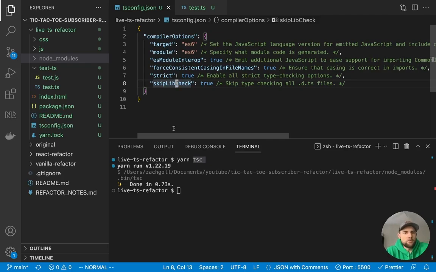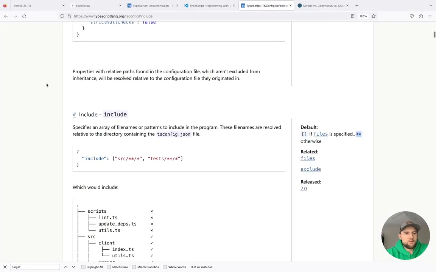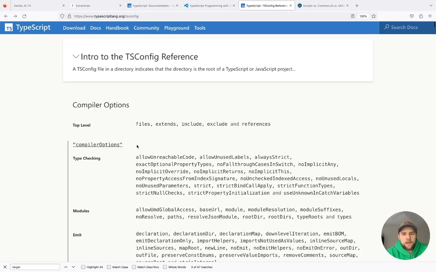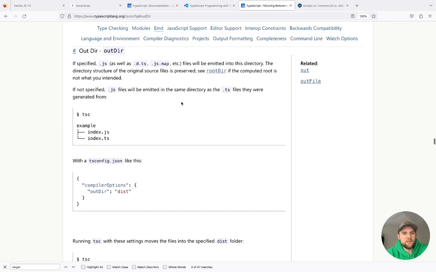Our goal is to basically take all of our TS files and put them in one spot, and then that will be imported to the index.html, and it will run just like our vanilla project would. So to do that, we have an option that we can specify, and let's see where it is. So looking under emit, this is probably where we want to look. And yes, here's the out directory.